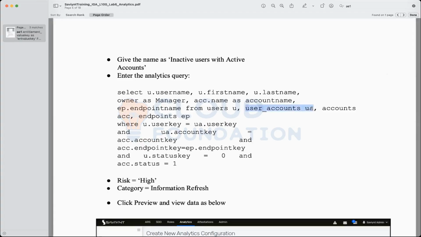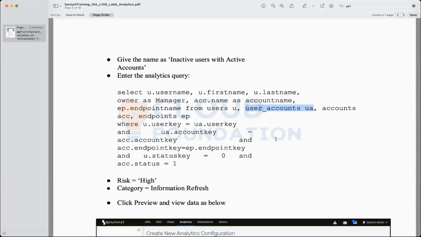If you think from a Venn diagram perspective, you can make one circle and name it users. You can make a second circle and name it accounts, and the common area where those overlap you can mention as user accounts. It is the same information that you have in the users table.